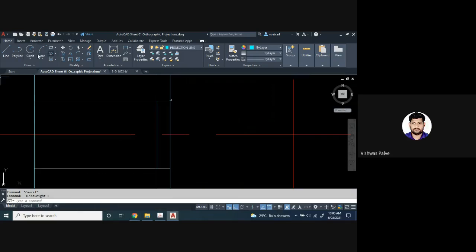Yes, sir. So you can use a continuous arc also. One second, I'll just use the object line, L enter, arc.